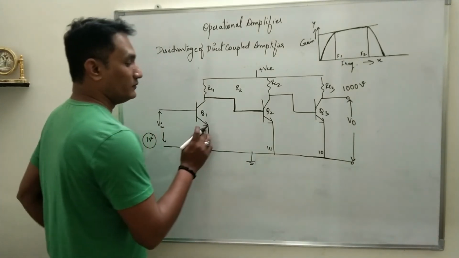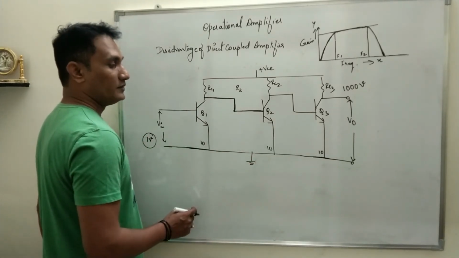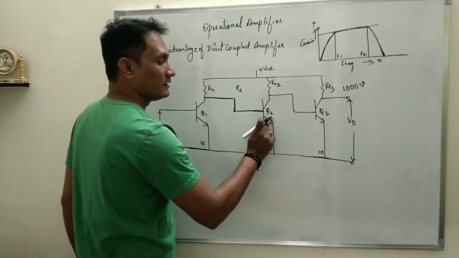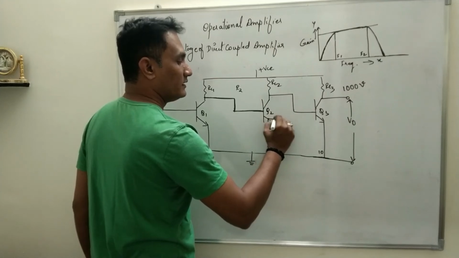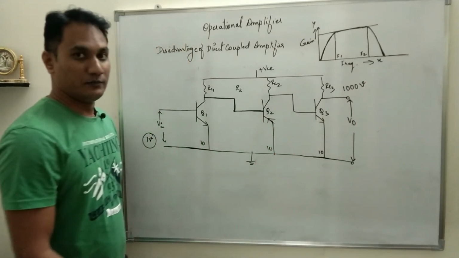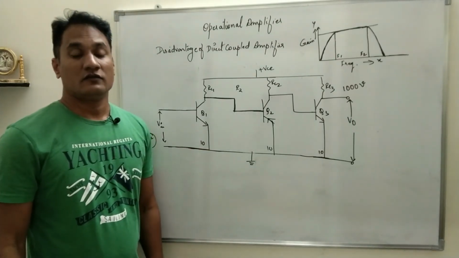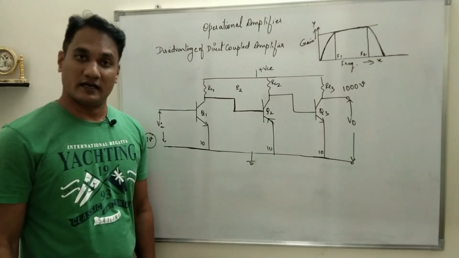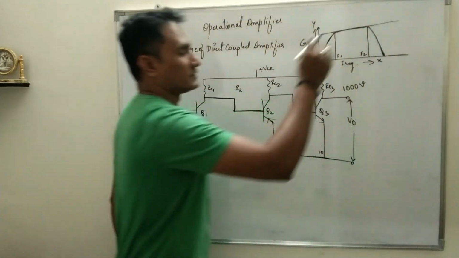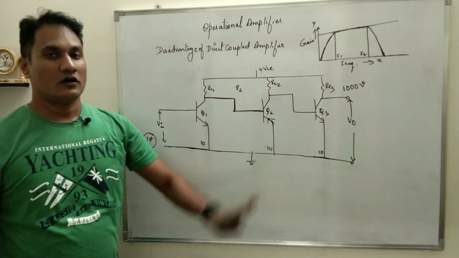Now that is because all the transistors were NPN and they are connected in common emitter configuration. In here, direct coupled amplifier, if the first stage is NPN, the second transistor will be PNP, so arrow mark will be outward. The third will again be NPN. So if you use complementary transistors, the amplification factor does not get affected at high frequency. So at high frequency also the gain remains constant. So you get a straight line, that means gain remains constant for all frequencies.